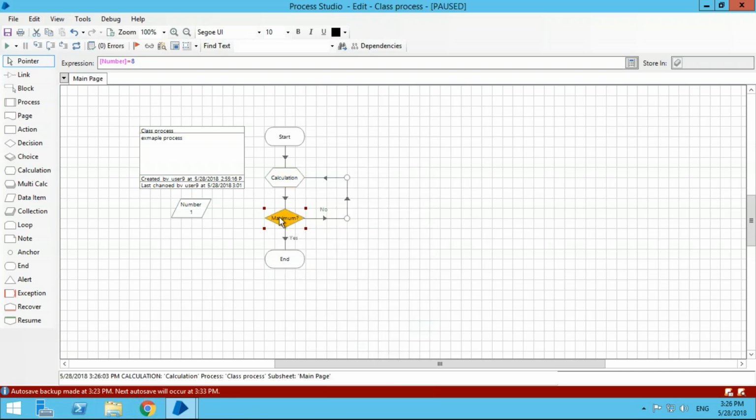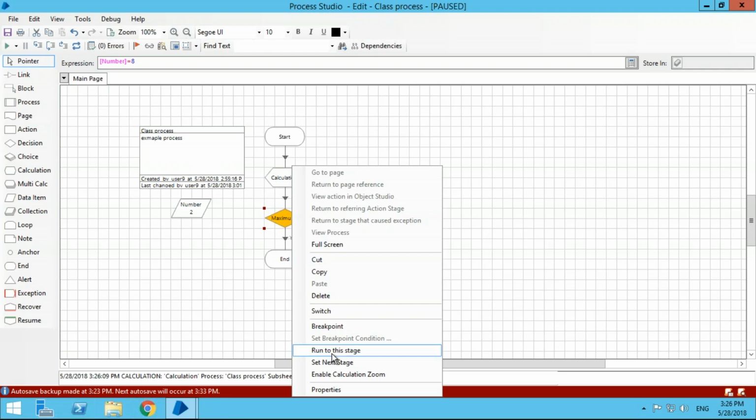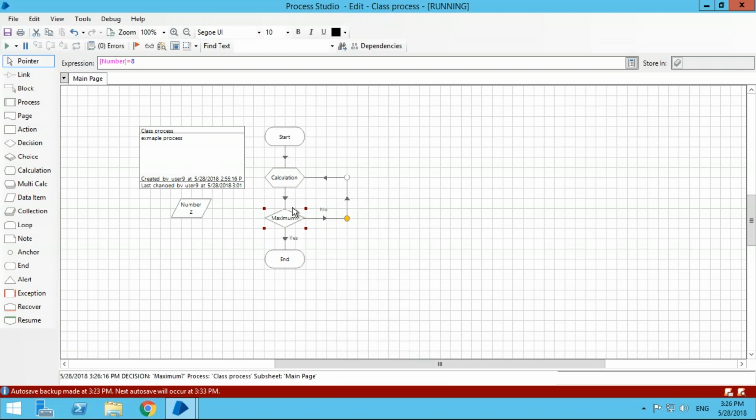Again, it's here. You know it loops and comes back. You can right click, run to the stage, and it will loop and come back. Again, I'll do it slowly for you guys. Right click, run to this stage, you will loop. And when it gets to that stage you've specified to run it to, it will stop. So that's really, really useful stuff, because when you are developing, you want to be testing things out and running things and going through different scenarios. You don't want to be wrestling with the pause button trying to get to the right place. Just use the tools you have then.